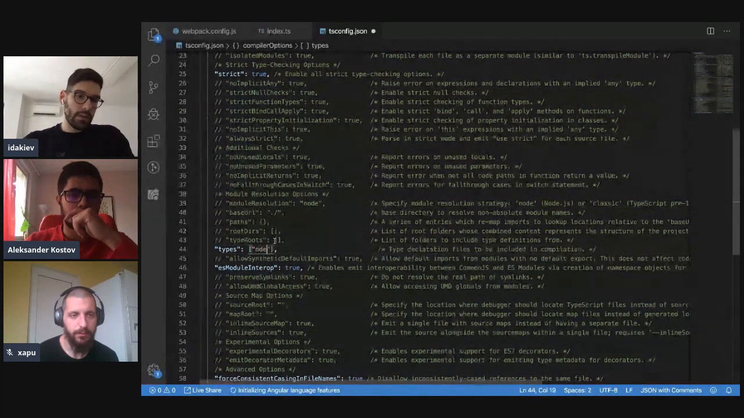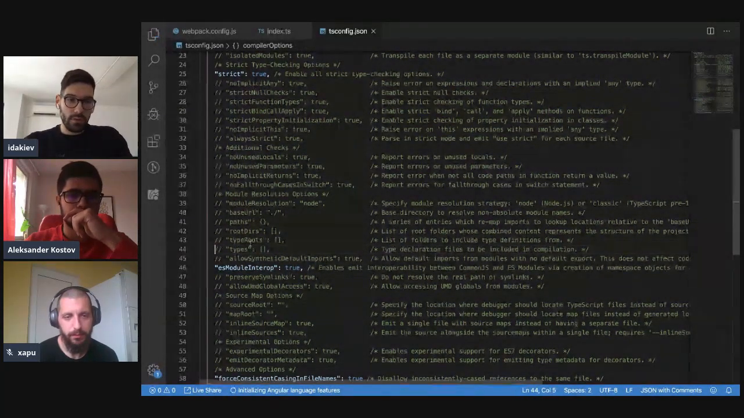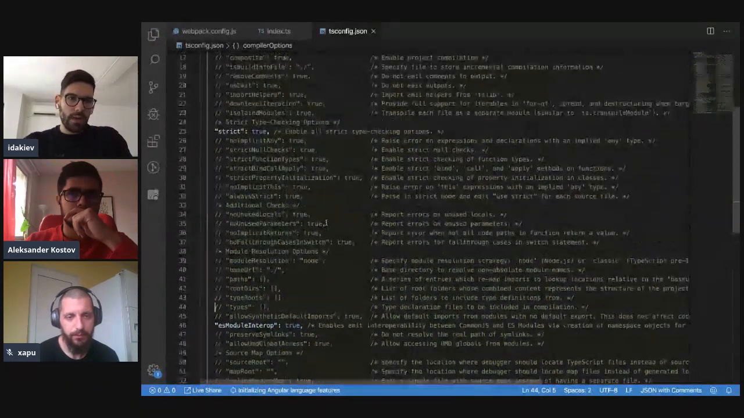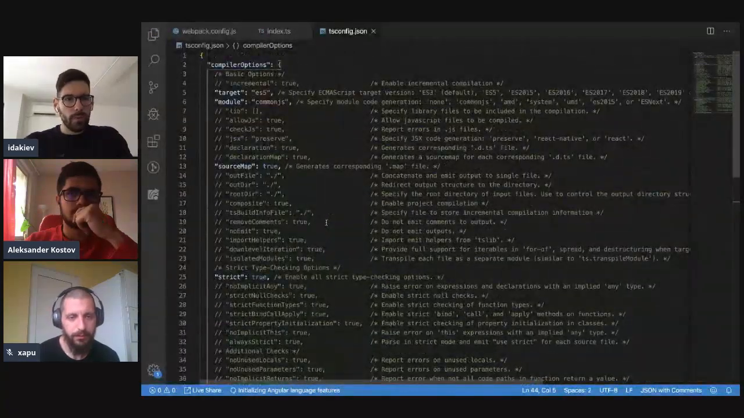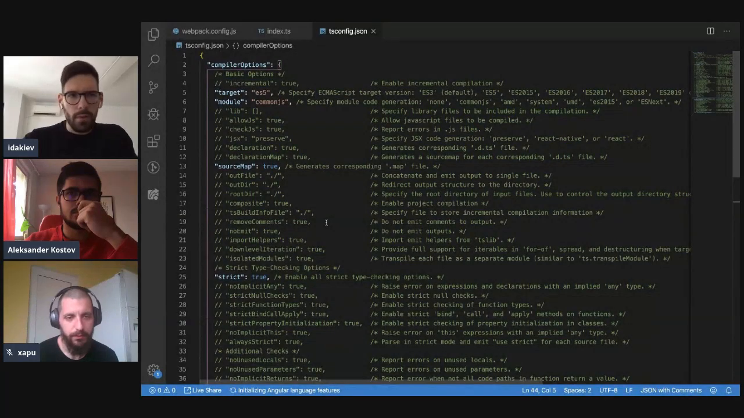So these are something that is very used a lot. But the other options are a little bit more complex. I mean, not complex, but I don't know. I haven't